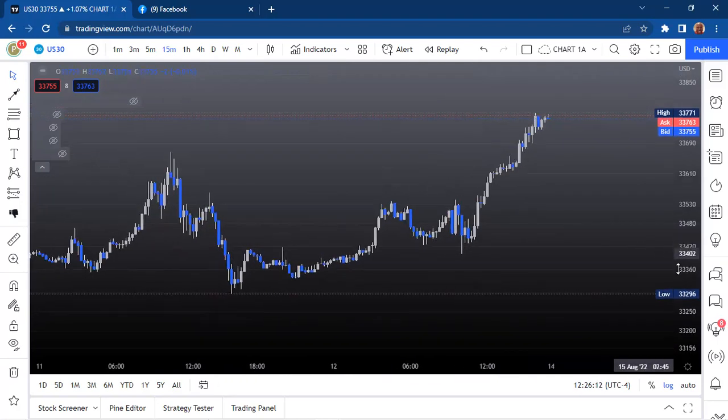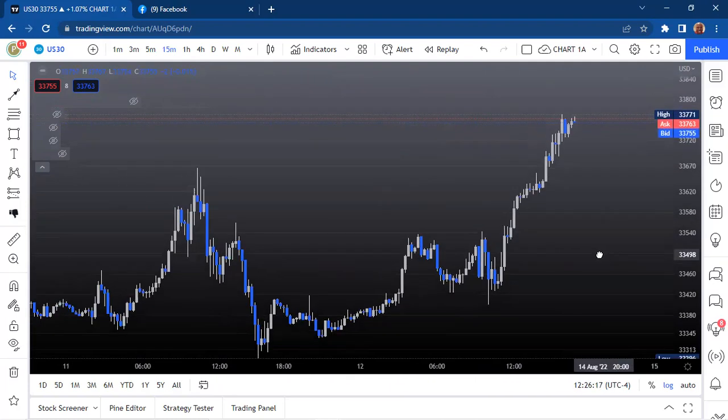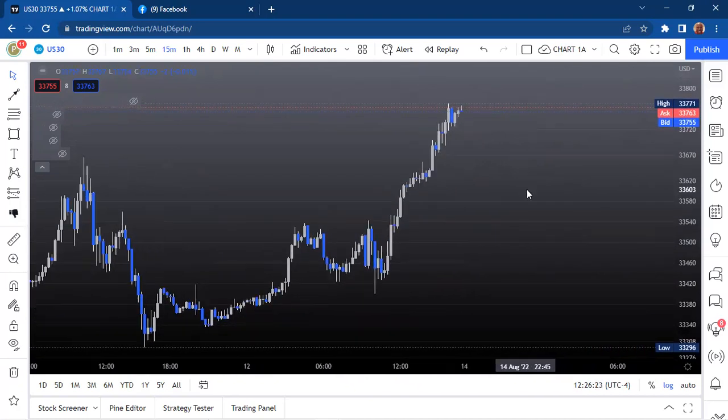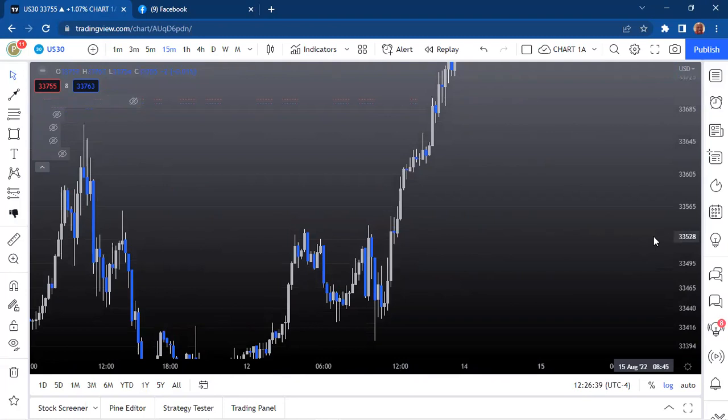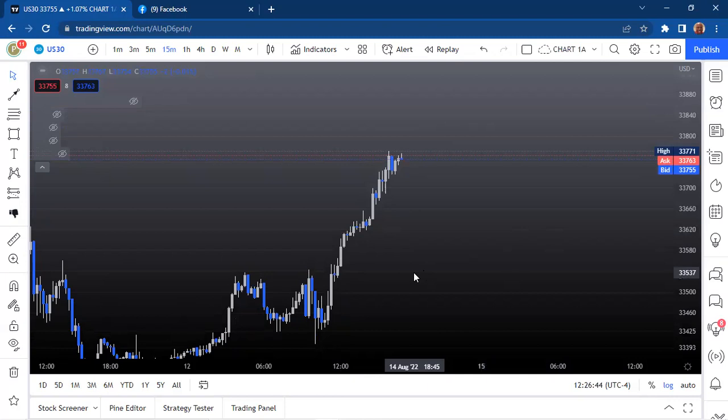So looking at this chart, okay, we can see that it hit the high. Look at the high. The number is 33771. So there's a good opportunity that there might be a pullback here because it kept going up, right? The buyers kept buying it. Okay, the sellers are looking to sell it. So this might be a good opportunity to get in for a sell, but we're not getting in for a sell. Why? Because we know it's an uptrend. So we want to wait for a pullback, right? We want to wait for a pullback. But what do we see